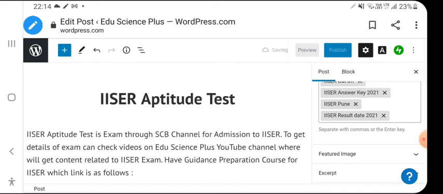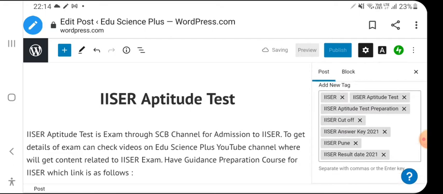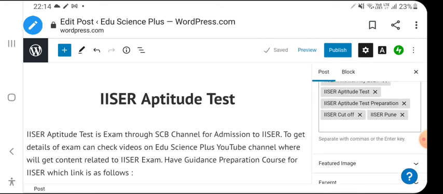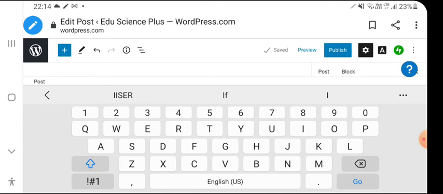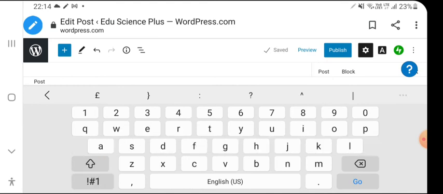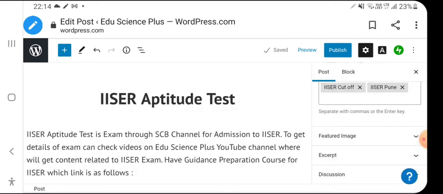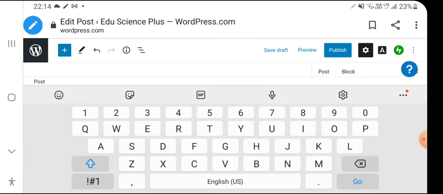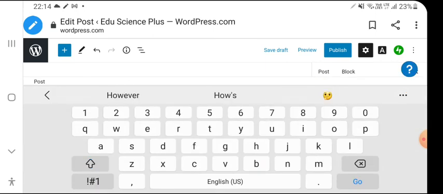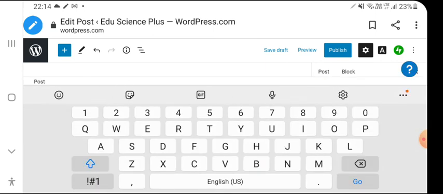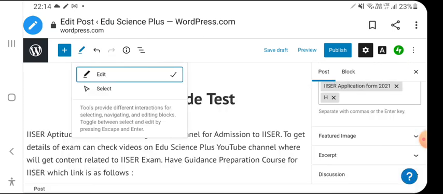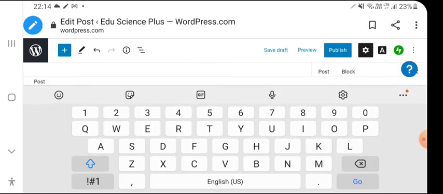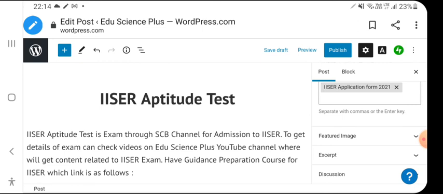We can save the draft again, because otherwise we will have to repeat everything. ISER application form 2021. I think we can have this many tags now, and later on we will have more tags.